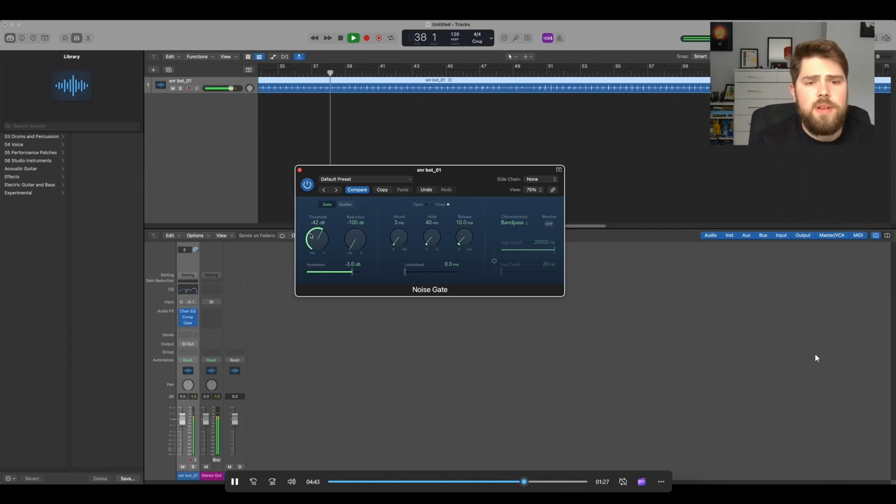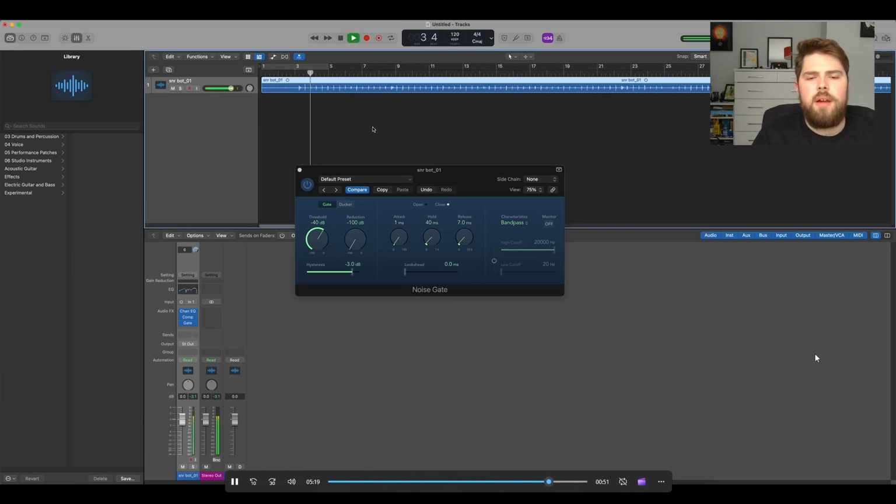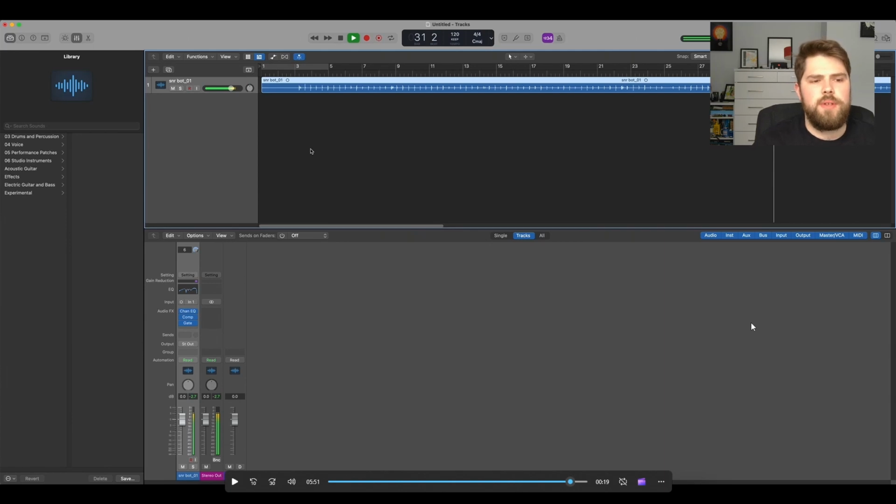It still sounds very natural and has all the settings you could want, and it sounds a lot better than some of the plugins we've used in the other softwares. I do think overall it could be a little bit limited in terms of some of its options, and it maybe isn't quite as visual as I would like, but it still sounds great, and I would highly recommend using this while using Logic. Overall, Logic's dynamic processing is super easy to use, sounds great, and is very, very fun